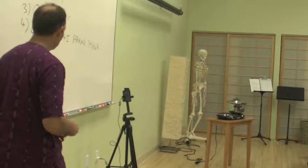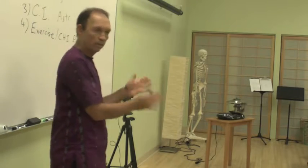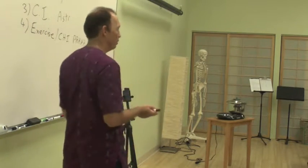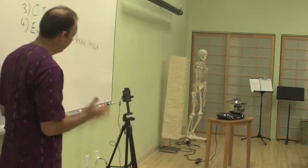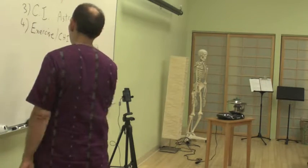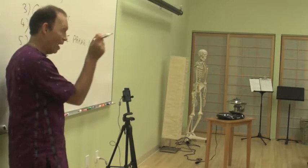Okay. So exercise is really, really important. It aligns the body, gets the qi moving. Just when we were doing a little tapping, you feel better, right? Your circulation's moving, you feel better. Okay, fine. Now, at this point, it still hasn't changed. I'm sure it got a little bit better. And that symptom is continuing to happen. Now it's